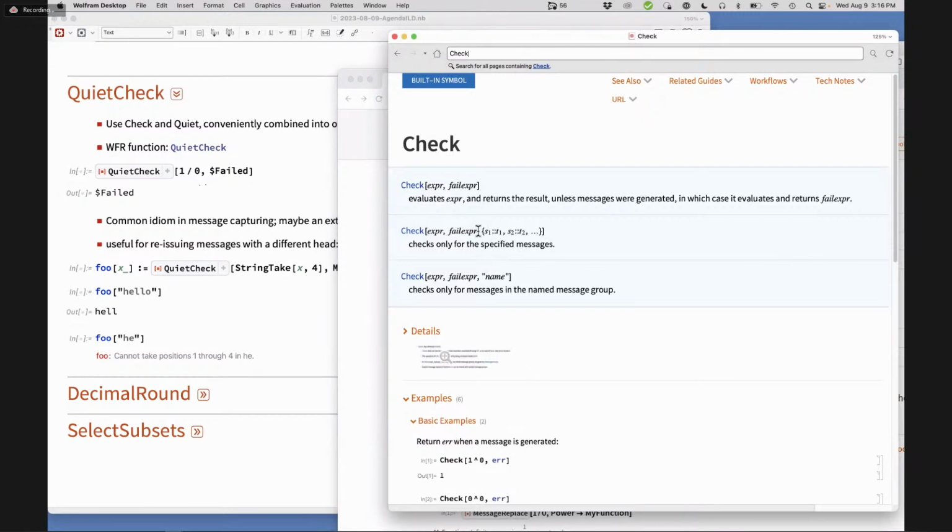I see, unless those messages. Yeah, when I'm using that form of check with the three arguments, I almost always wrap it with a quiet using that exact same list of messages. So I just have to repeat that list of messages twice, which is kind of tedious. Right, because those are things you're looking for and handling, so you don't want to spew messages about them.